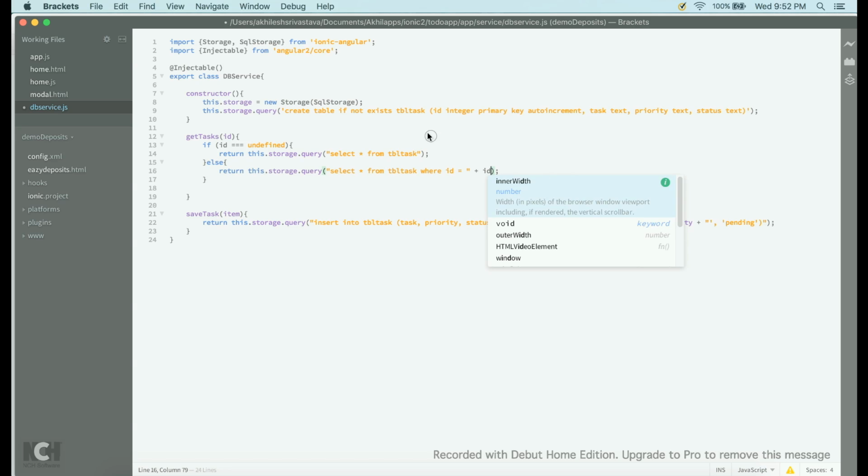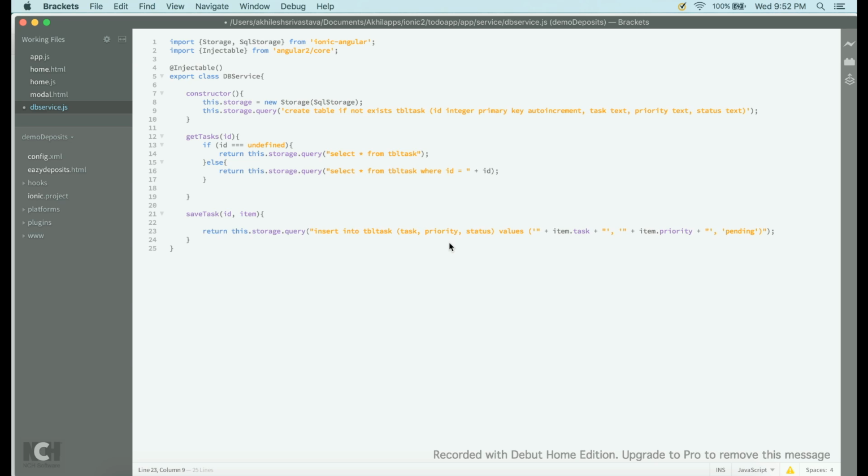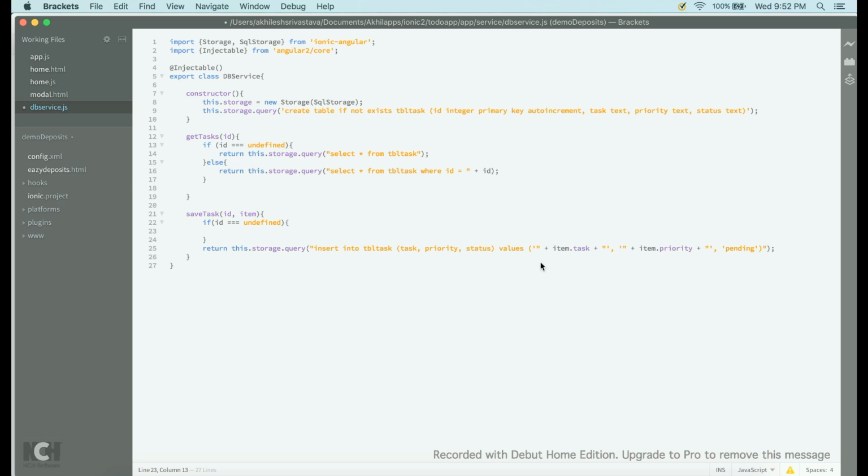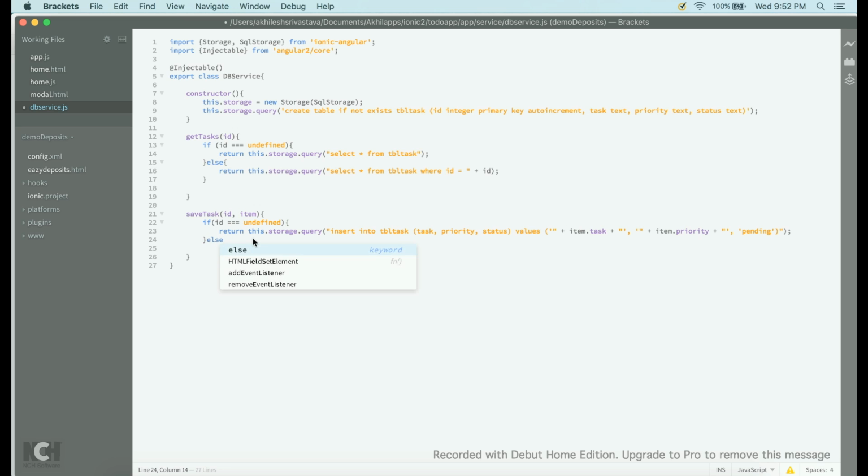Okay, and we also need to update our save task function. So apart from the item object, we also need to pass the id. Here also we have to apply the same logic. So we will say if id equals to undefined, it means that we have to insert a new task. Let's Control X and let's do Control V, and in else